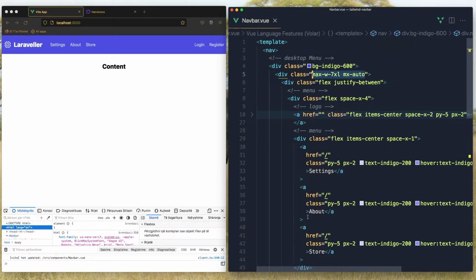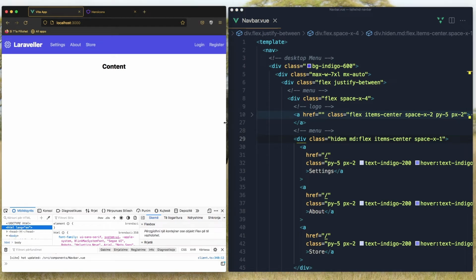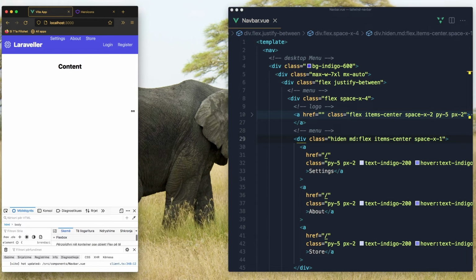So for that, we need to go to the menu, where we have flex items-center and space-x-1. It's going to be md:flex, and by default is going to be hidden for the small breakpoint. And if I save, okay, nothing changed, but if I go for the small,